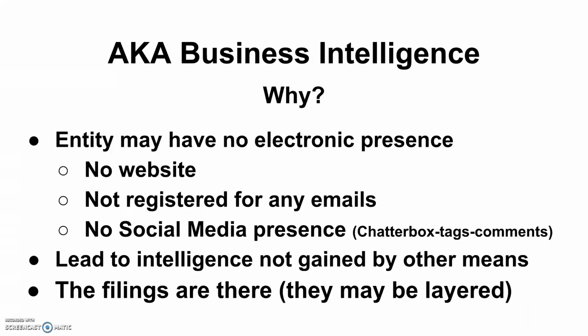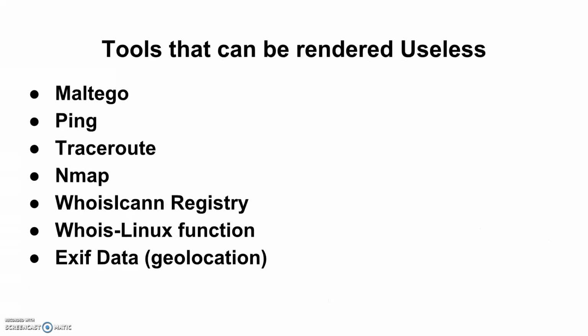Business filings lead to intelligence that's not gained by other means. And the filings are there. Now they can be layered. LLCs can purchase and own other LLCs, and there are some brilliant ways to obfuscate databases, but for the most part, it is there. I have here a list of tools that are rendered useless if an entity does not